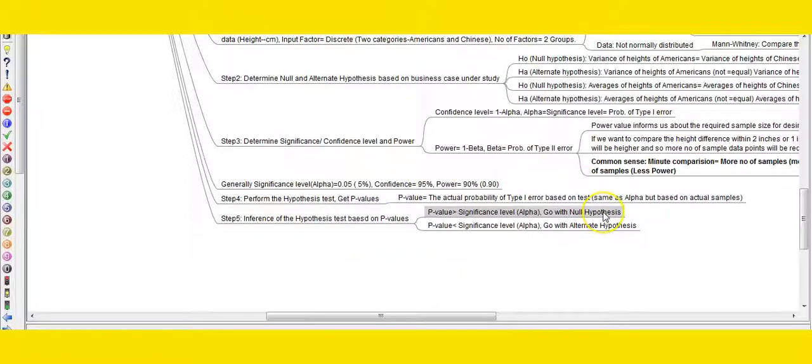If I go with the null hypothesis, that means it is the hypothesis of equality. Equality means it was not significant, not critical. So the factor will be critical only when my p-value is lesser than the significance level. If it is lesser than 0.05 as a thumb rule, then that factor will be critical for me. So in this way, the whole hypothesis testing finally gives me a validated X factor that is impacting my Y measure. What is my Y measure? The Y measure is the response, the output of my process.